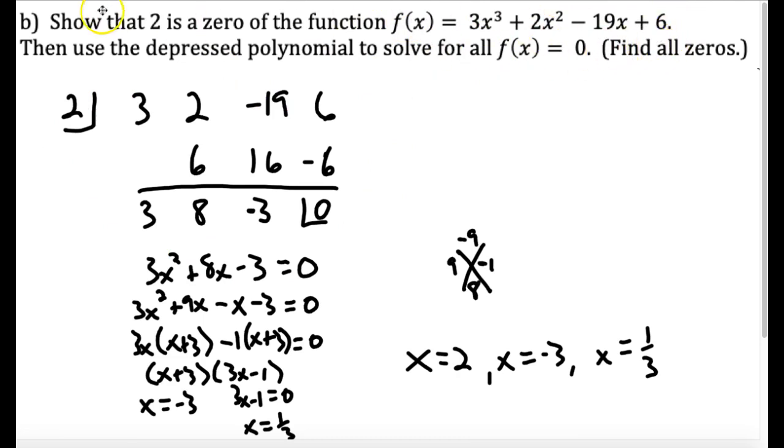We're going to take a look at this a lot more in the next section, but this is our first intro to using synthetic division to find zeros of polynomials. So we want to divide until we get a quadratic,